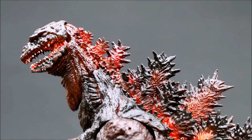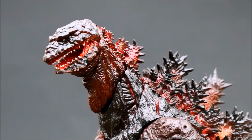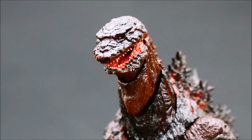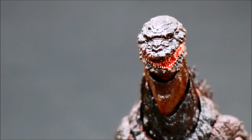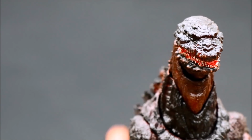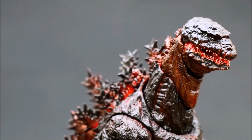Going back to the head and the mouth of the figure, I think the way they sculpted it, the sculpt is mostly made for the open mouth feature. So when you try to close it, it's not fully closed. I think you want to point out the teeth, right? It's not as jagged as the...